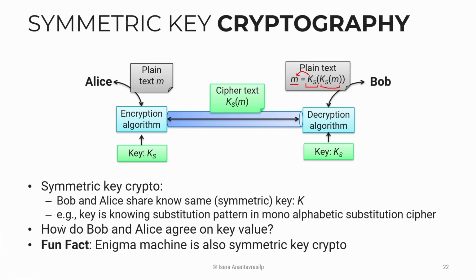But how can Bob and Alice exchange this key if they are so far apart? For example, Bob could be in the US, Alice is in Bangkok, and every time Alice wants to do some business with Bob, do they have to take a plane and go to each other's places and exchange the key? And if they want to change the key every month or every week, are they going to travel to each other's place to exchange the key in person?